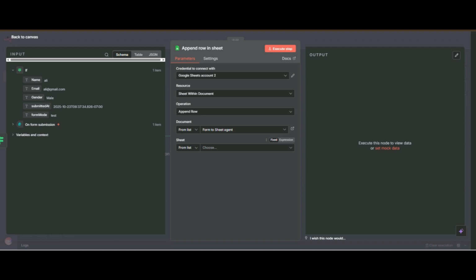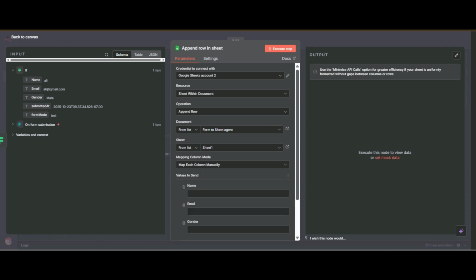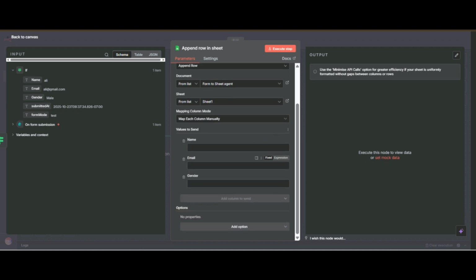Now you can select the sheet number, because sometimes in one document we create multiple sheets. There is only one, so I will select it.